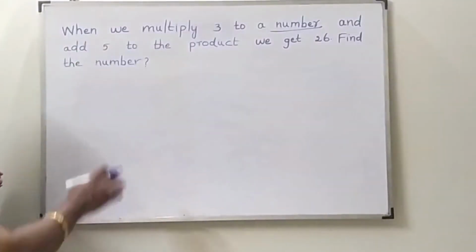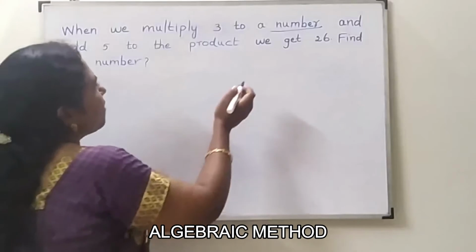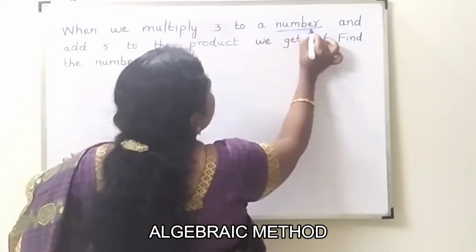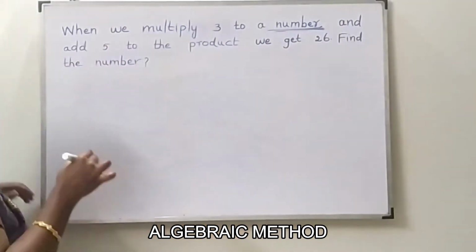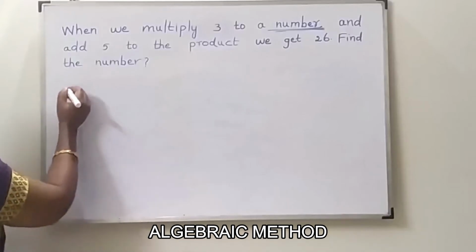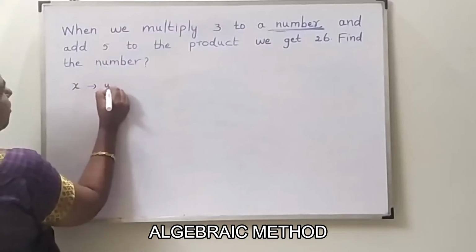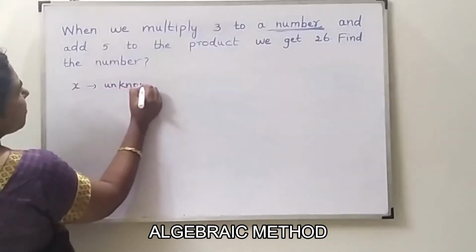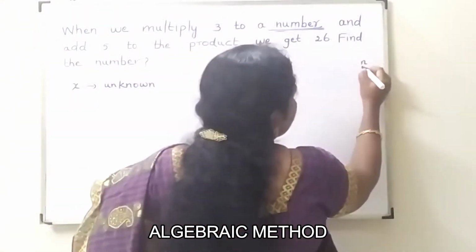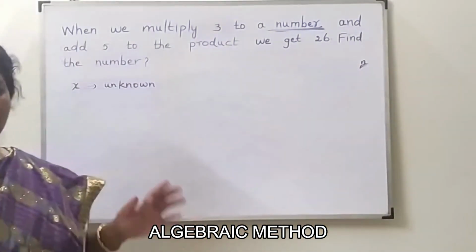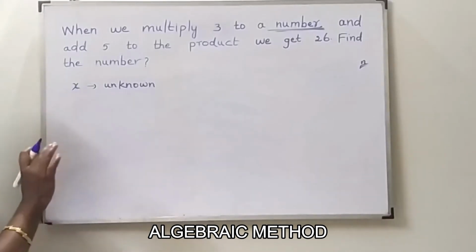Okay, now we can solve the same problem using algebra. For that, first we have to assign a variable for this unknown number. That is, for the number we have to find, we can assign a variable. So let us assign a variable x. That is, let x be the unknown number. We can use any variable. Already we have seen in the previous case, we have used a variable n. So it is not that we have to use only n. We can use any alphabet from A to Z, whatsoever it may be, or you can use any other symbol also. So now let us use x.